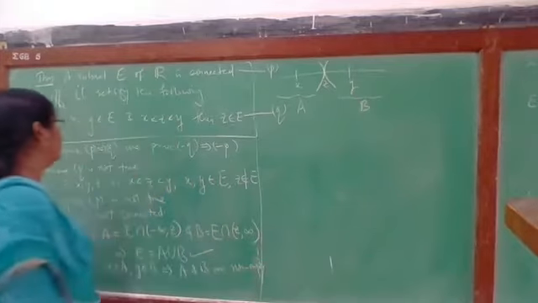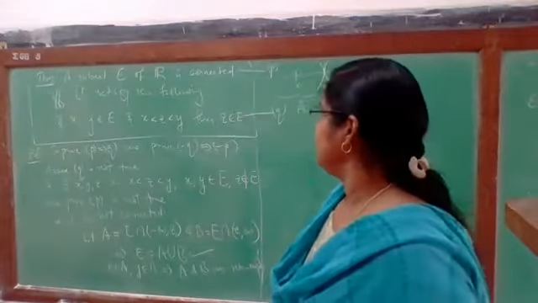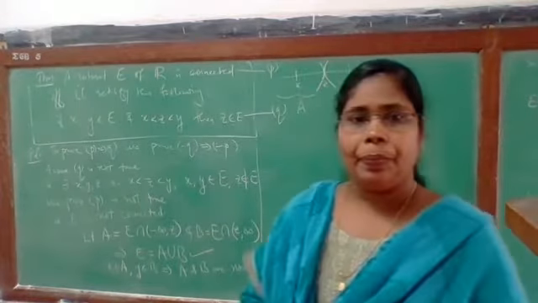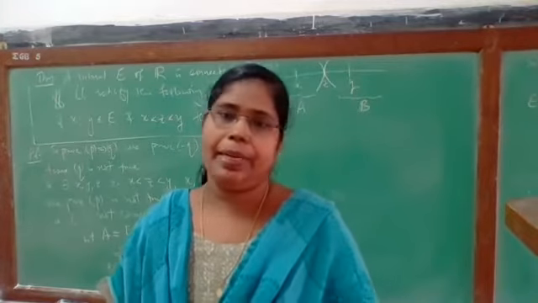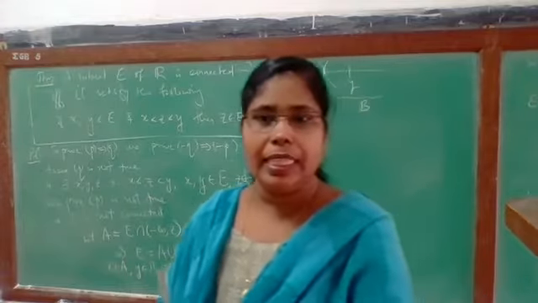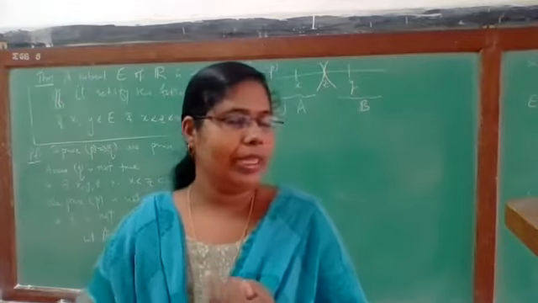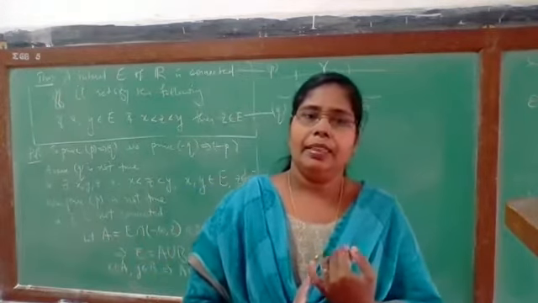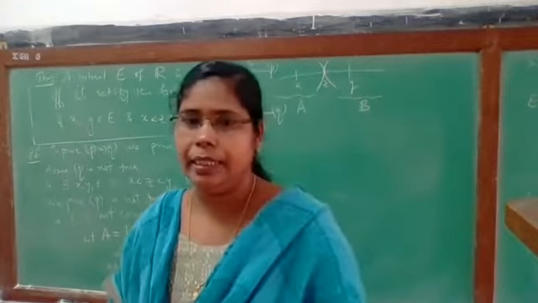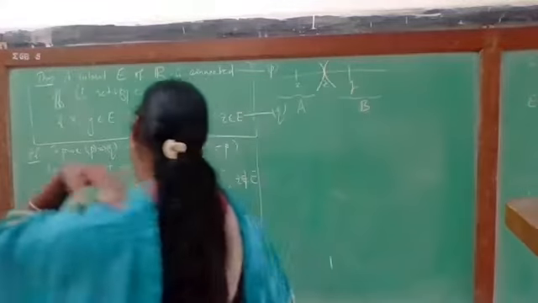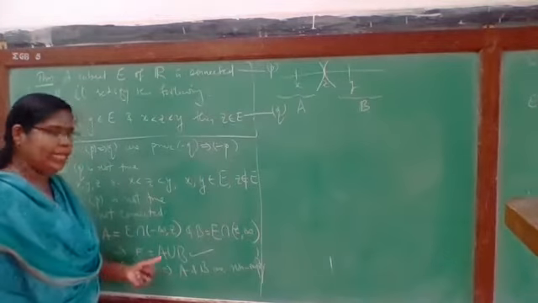Okay, there is a correction in the definition of connected sets. While defining connected sets, we have to say that E is connected if E cannot be expressed as a union of two non-empty separated sets. Otherwise, we could take one of the sets empty, so we avoid the trivial case. So if E is connected, then E cannot be expressed as a union of two non-empty separated sets. So these two sets are non-empty and their union is equal to E.